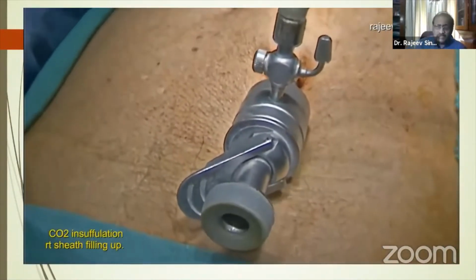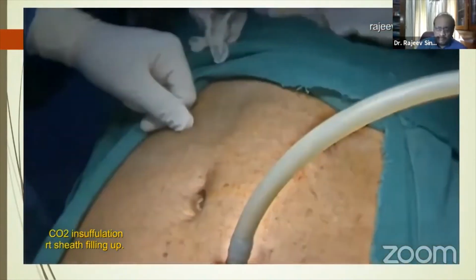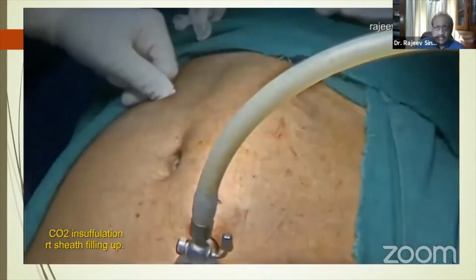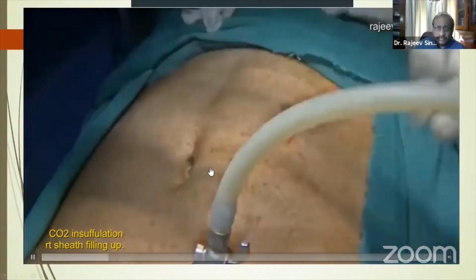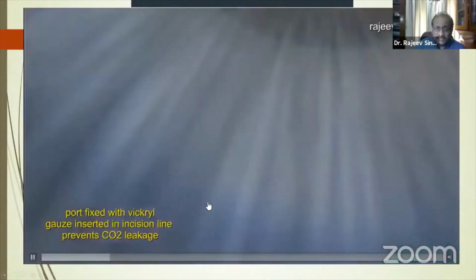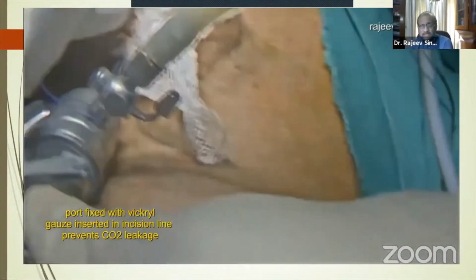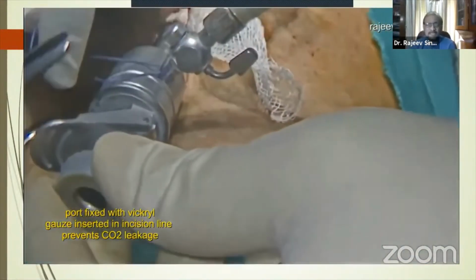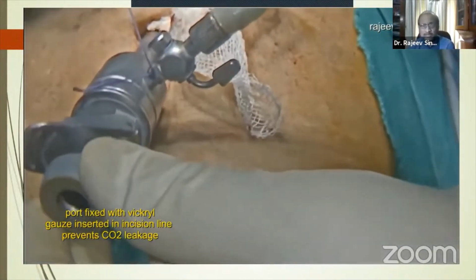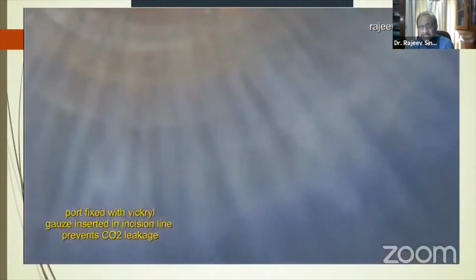So you again reintroduce the trocar. You may have to do it a couple of times. Now, when you push in, see this rising of the abdominal wall? The sheath is inflating. See the inflation of the sheath? So that confirms. Now you fix the trocar. That has to be fixed because it's lying in a space, and then the sides of the trocar, you should pack it with a simple gauze so there's no carbon dioxide leakage.